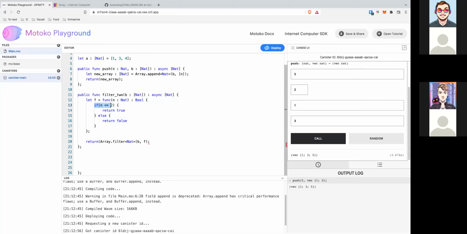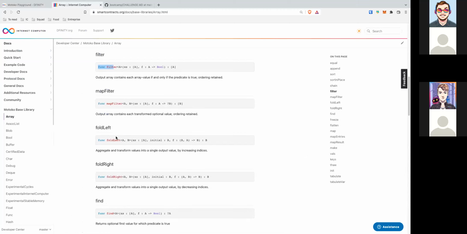And I'm just testing is the number 2. If it's 2, then I return true. If it's, yeah, that's the other way around. I want to remove. So if it's true, I return false. And if it's not, I return true. So wait, no, that's not, that's like that. Okay, so let's go back to